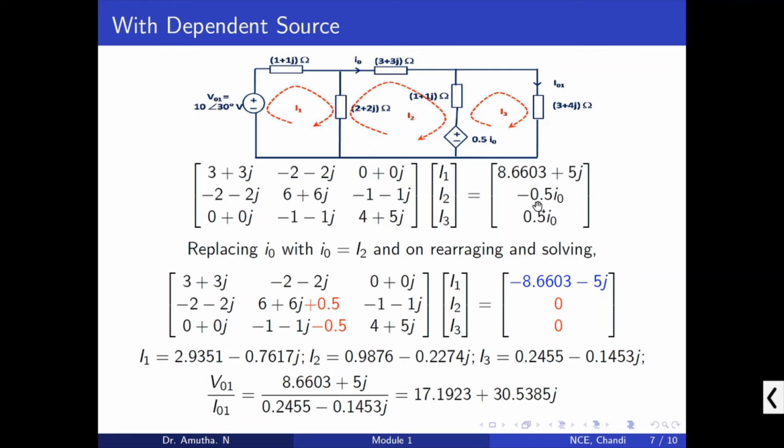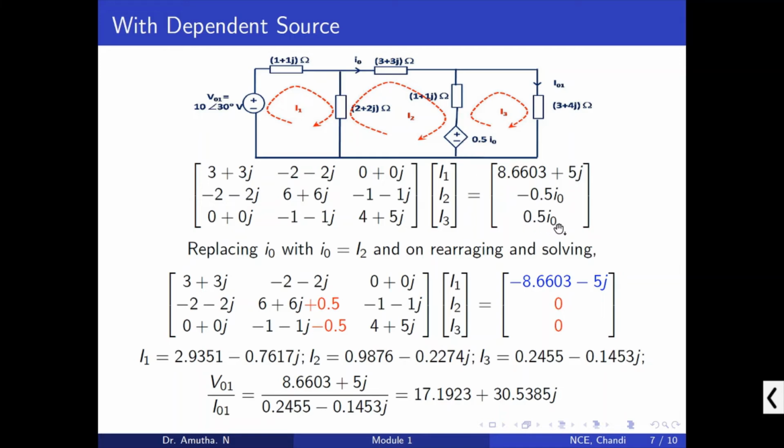We have to take negative of that. From the positive terminal of the voltage source, the current should come out, and that will be considered as positive, right? So here it is in the opposite way, because every time current will be coming out of the positive terminal of the voltage source. That's why we have applied negative. Whereas I3 is similar to the current flow from the voltage source, so it is considered as